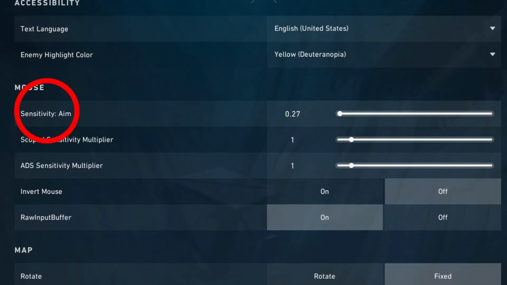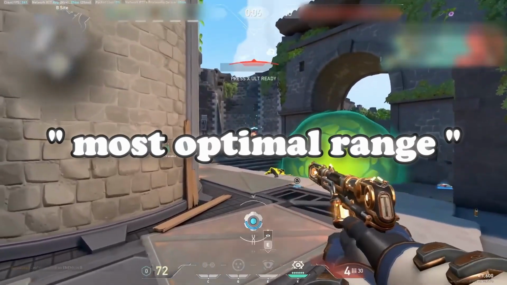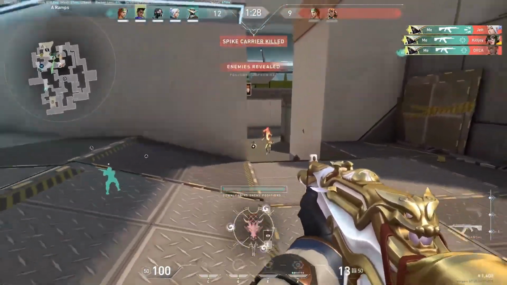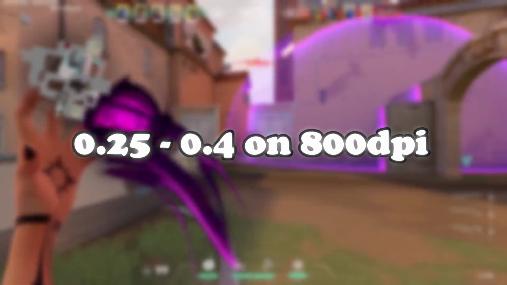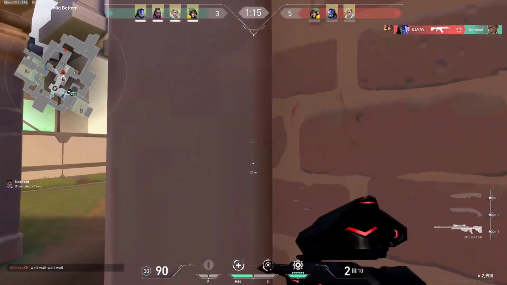Now let's talk about sensitivity. Everyone has their own environment and their own mousepad space. However, there is a quote-unquote most optimal sensitivity range that you should be lying around. The average sensitivity for pro players is around the 0.25 to 0.4 range on 800 DPI. I personally play on 0.27, which is on the lower end of the spectrum, as I lean towards precision and